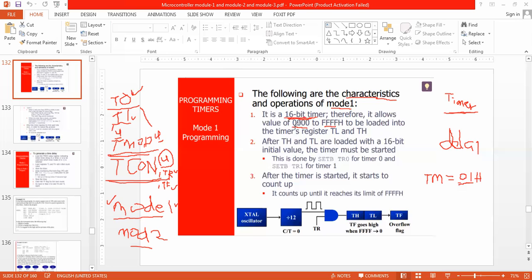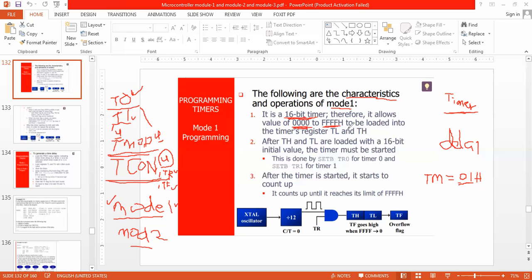It can start anywhere in between, so it can start from 0000 to FFFF. The starting point is not fixed, but this is the minimum range and this is the maximum range.